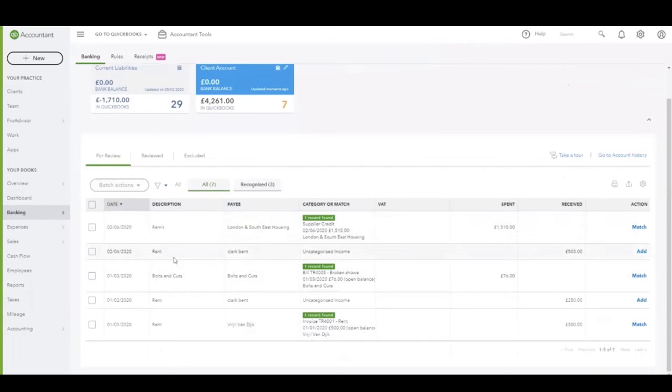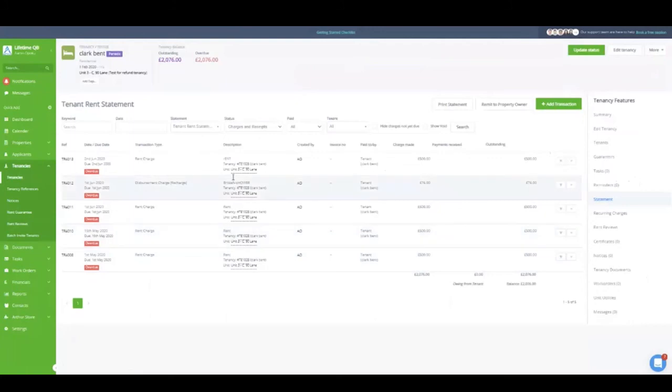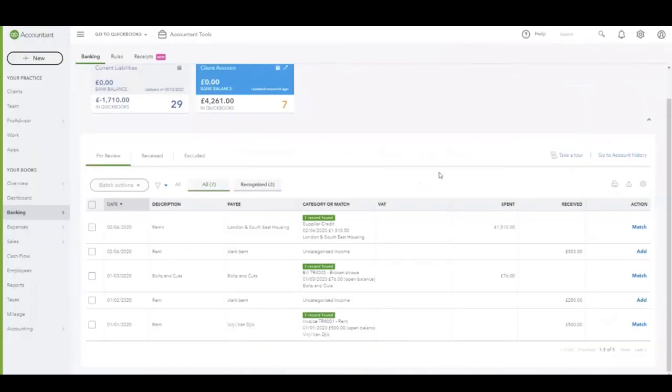Final transaction we're going to be looking at is this £503 received transaction on the 2nd of June. If we look on the Arthur statement, the invoice for this period was £500, so it looks like the tenant has overpaid by £3. To deal with this, we're going to click within the statement line, click find